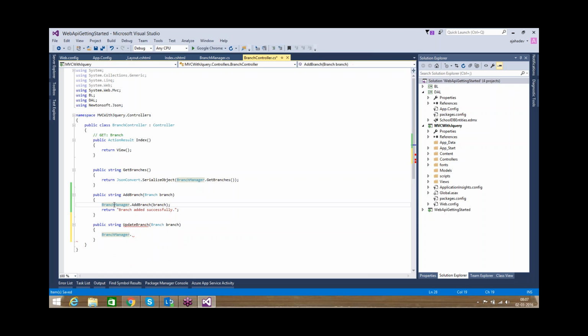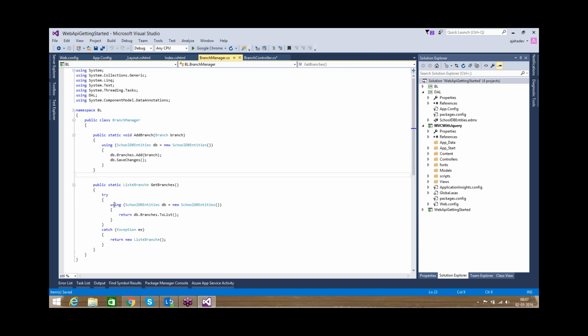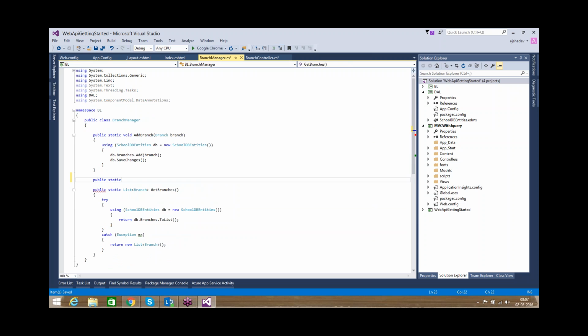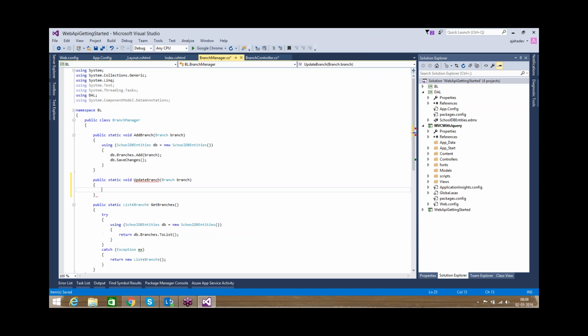We don't have any update method, so let me write public static void branch, and for this branch, where branch equal to, sorry, branch equal to, using SchoolDBEntities, new SchoolDBEntities,